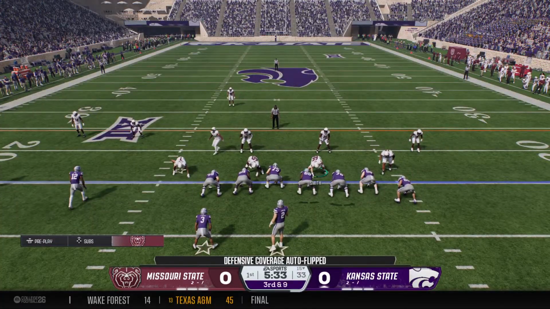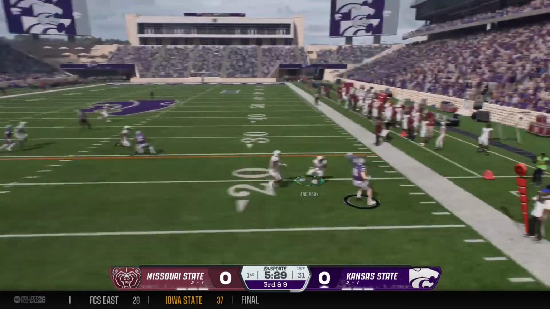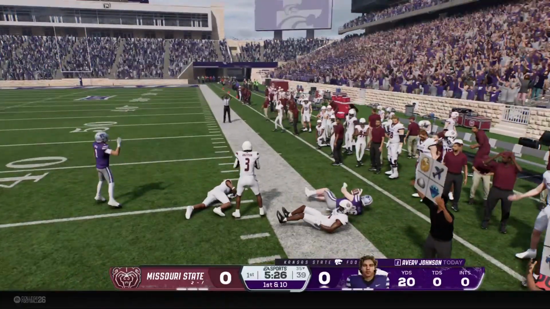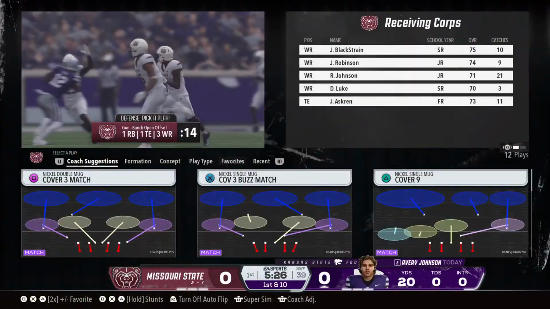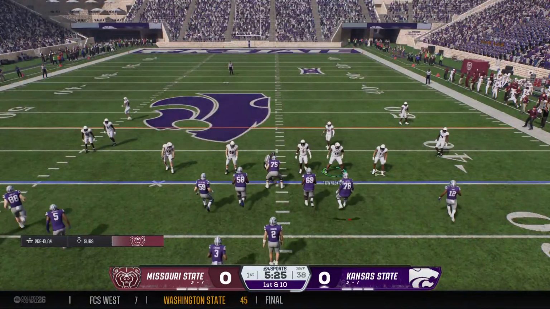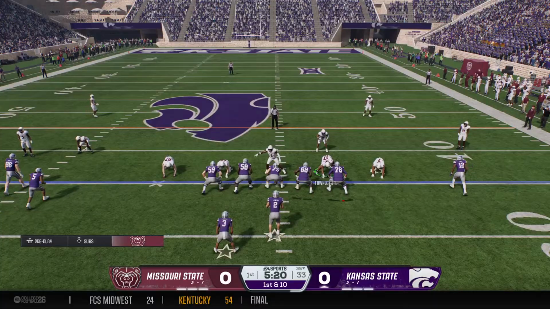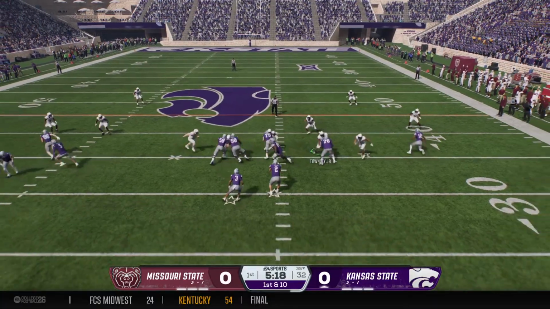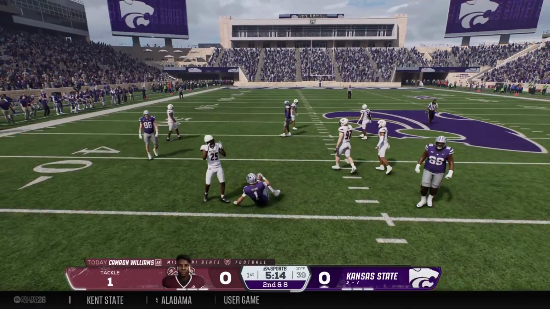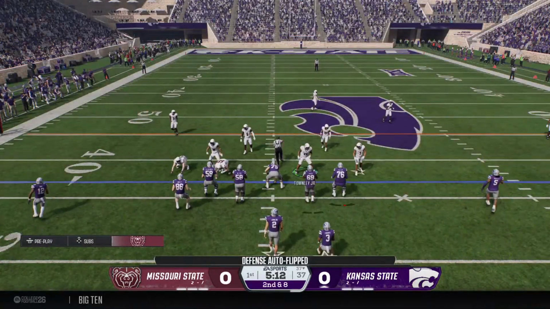It's 3rd and 9. Johnson wants to throw it. Finds the tight end. Oh, out of space. He'll step out of bounds right at the 35-yard line, and maybe they've got something cooking. And it's on third downs like this, if you want to attack the middle of the field, you've got to look for the tight end. Really nice route. Great job looking that football in. You can tell this quarterback really has a lot of confidence when he's in the pocket looking for the big fella, and they're able to hook up there.